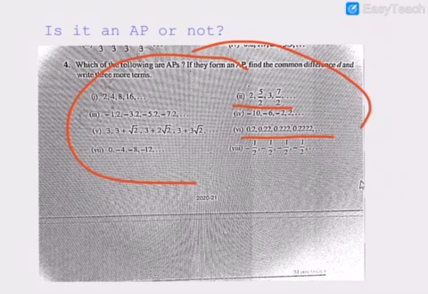Similarly, 3 can be written as 6 by 2. 6 by 2 minus 5 by 2, again you are getting half. 7 by 2 minus 3, again you will get half. So every time you will get half. Whether we do 5 by 2 minus 2, or 3 minus 5 by 2, or 7 by 2 minus 3, every time you are getting half. So you can tell it is an arithmetic progression. Same thing you are getting here.